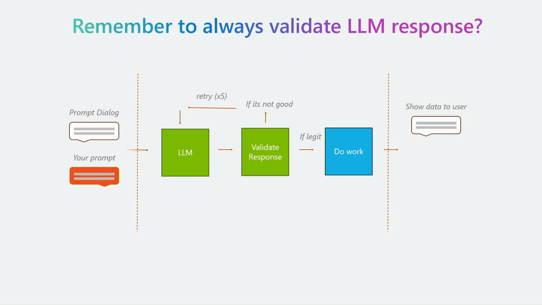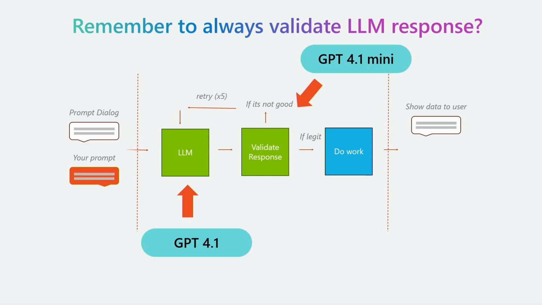If you build Copilot features, your feature design sometimes could look something like this. You have some user input, you run some logic, the magical LLM, you always validate your response to deal with hallucinations, and then you do the work if you're fine with it. And we could suggest you might use more powerful models to do your real core processing, and maybe use cheaper or faster models to validate some of those responses. That can be how you use those models in practice in your solutions, as Krzysztof built before.